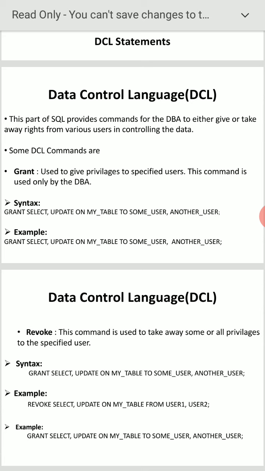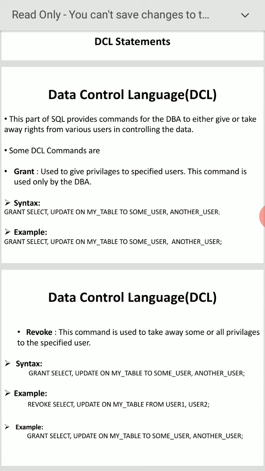User 1 has the right to give the permission to the DBA because he is also maintaining the security. Without permission, the DBA also can't use the database of the user.